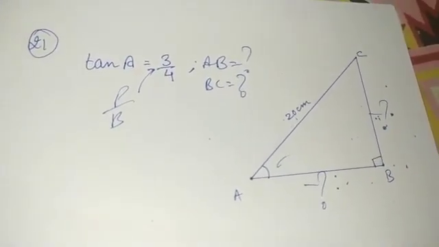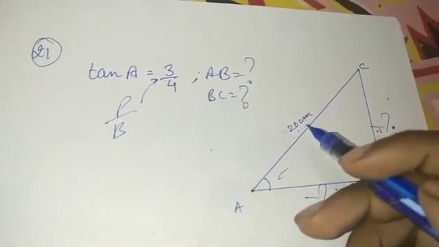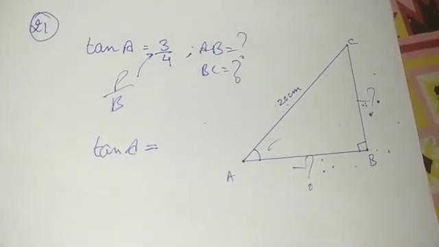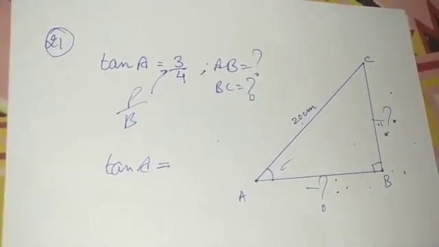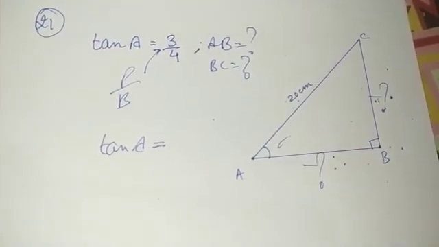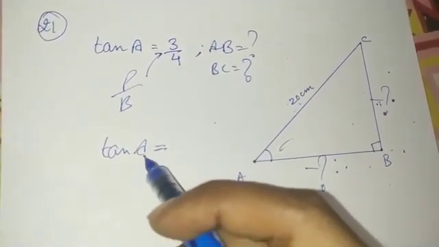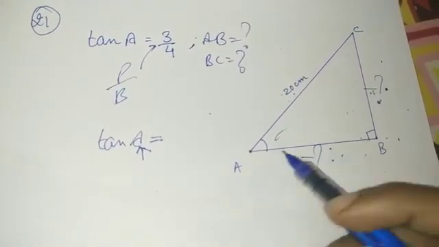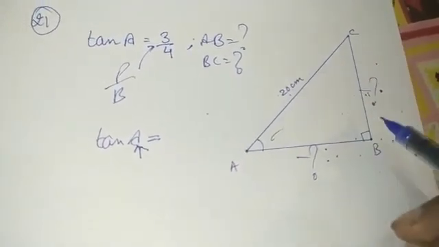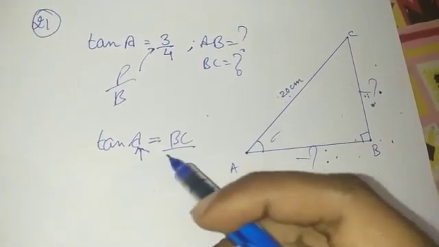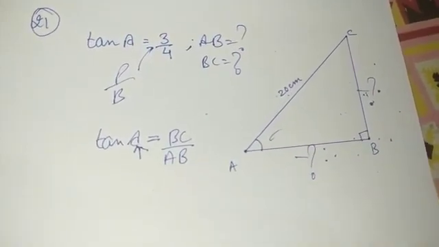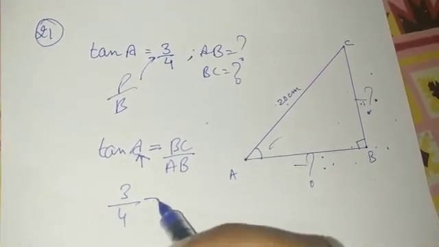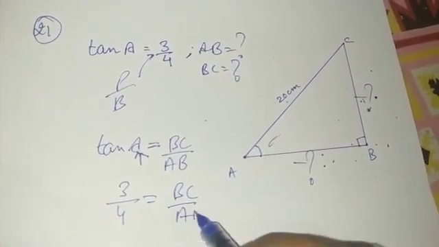Or we can use the trigonometry ratio as it is, because we have one of the sides given to us. Alright, let's first write down tan A from the figure. Tan A can be written as perpendicular upon base. Now over here you may think, sir, we do not have the angle. Yes, we have the angle, child. This is the angle over here. So the side on which 90 and this angle are present will become the base. So AB will be the base. This will be the perpendicular. So it will be BC upon AB. That is, 3 upon 4, which is given to us, is equal to BC upon AB.